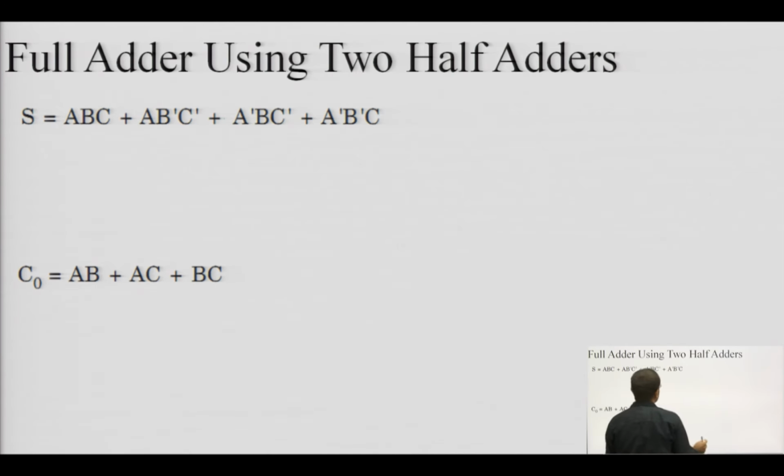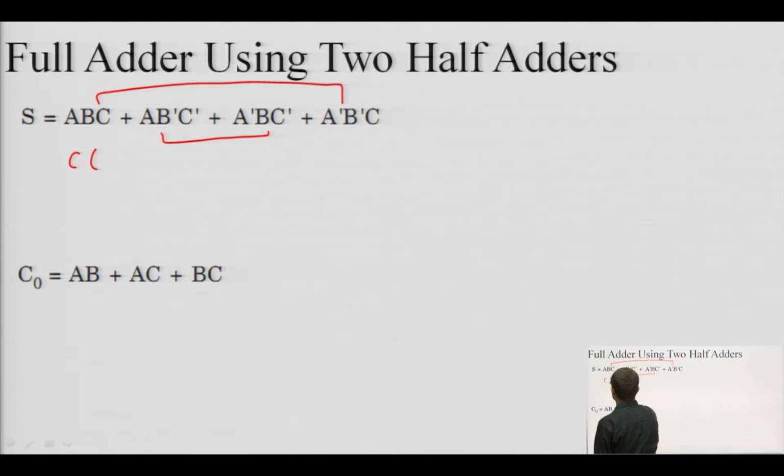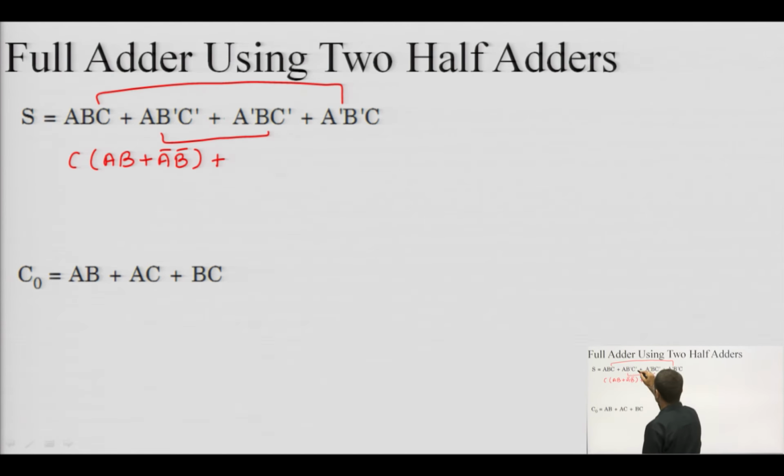So, we can see that we have to rearrange these terms. In the middle 2 terms and the first and the last term, we have to take something common. From the first and last term, C is common, and inside the bracket there is A B, and from the last term there is A bar B bar. Similarly, from the middle 2 terms we have C bar common, and we have A B bar plus A bar B. Now, this A B bar plus A bar B is equivalent to A XOR B.